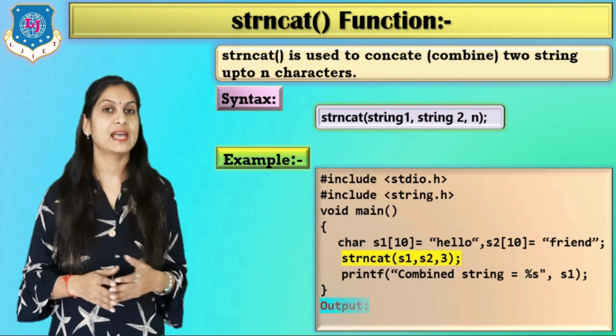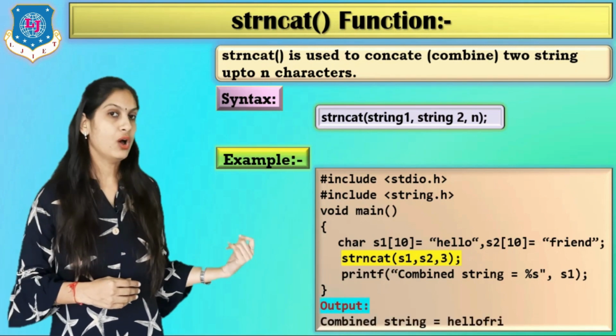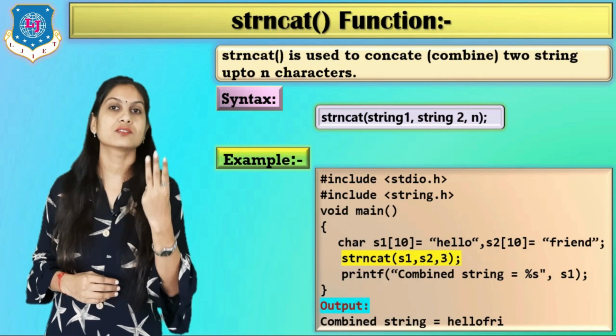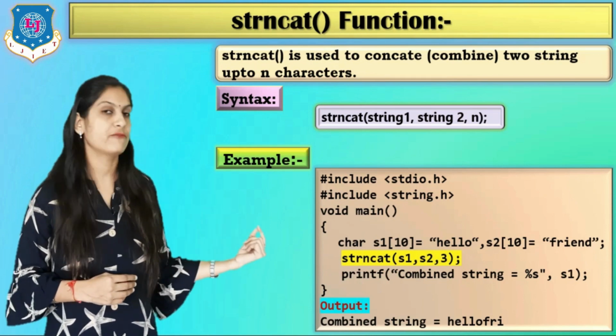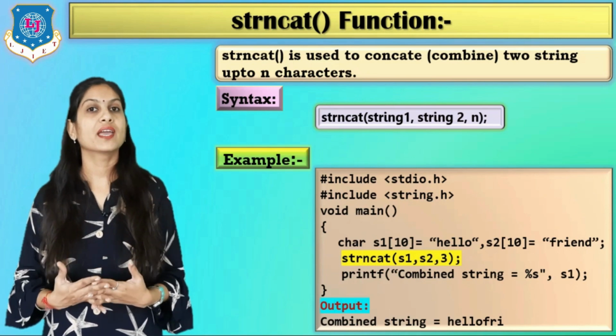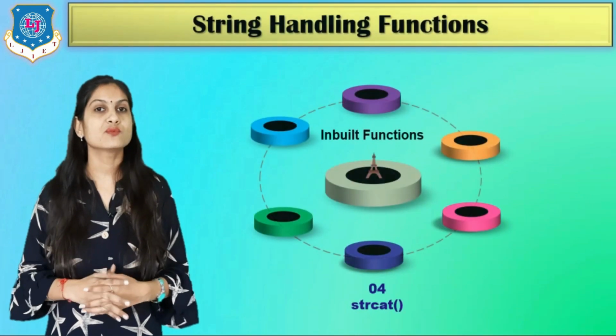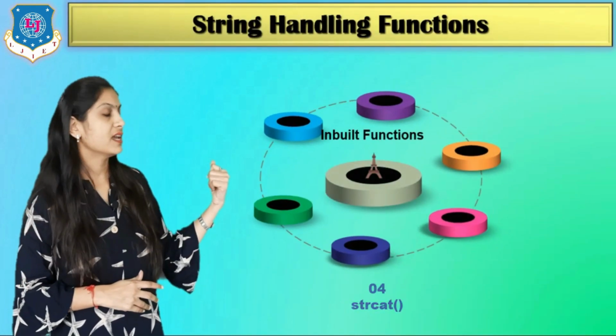So just print s1 value and we get the output like hello and only the 3 characters of s2, that is fri. Clear? So as per your requirement you can choose again strcat or strncat, and the last function is